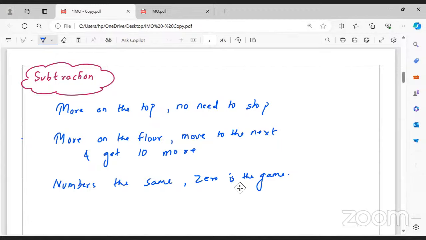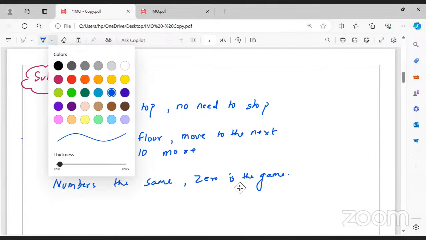Yeah, you liked it? Let us take one example. More on the top, no need to stop. More on the floor, move to the next door and get 10 more. Numbers the same, 0 is the game. So for example, if I take an example of